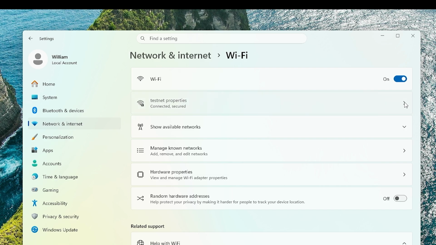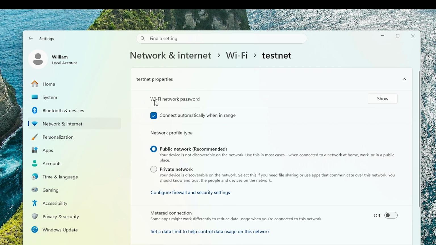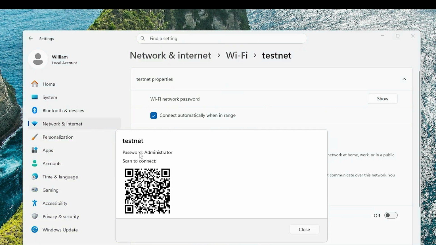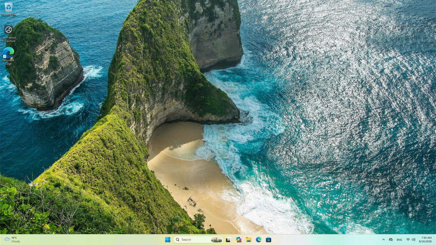So if I just press this, there is also a button, Wi-Fi network password. If you just press this, show, it'll not only give you the password, it'll also give you a QR code which you can use to connect to your network, which is actually very, very handy and very, very nice from Windows. However, if for whatever reason you can't get to the Wi-Fi icon, then there is basically